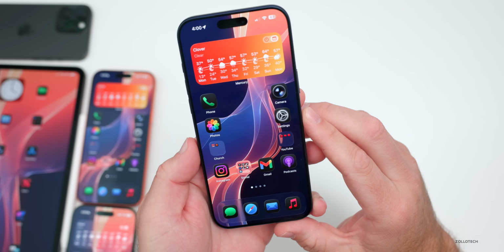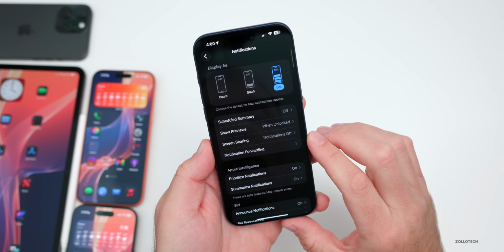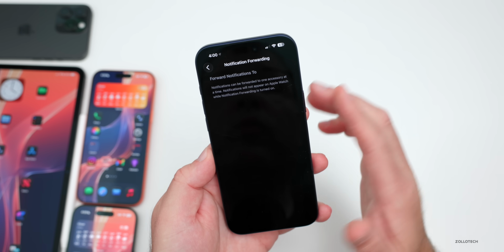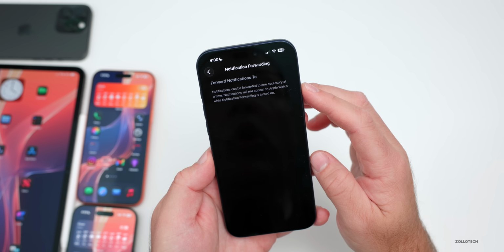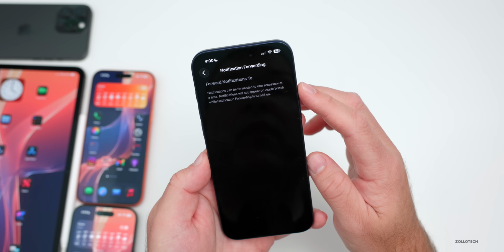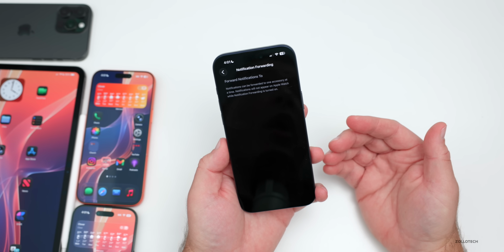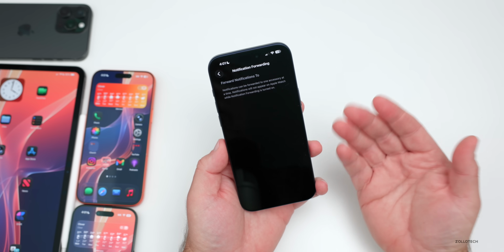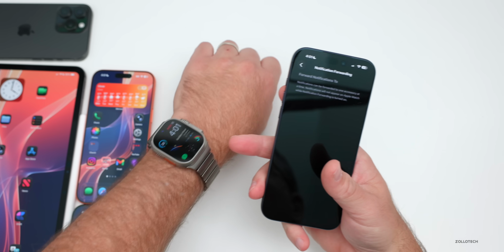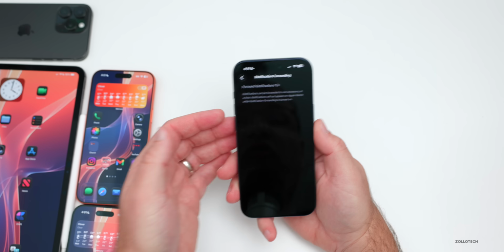There's another new option within Settings. If we go into Settings, scroll down to Notifications, there's a new option for notification forwarding. It says Forward Notifications to. Notifications can be forwarded to one accessory at a time. Notifications will not appear on Apple Watch while notification forwarding is turned on. So this could maybe be used with a Samsung Watch, a Pixel Watch, or others in the future. However, it doesn't look like we have any options just yet, but maybe we'll have that if you don't want to use an Apple Watch, making it a little bit easier to use devices that are different than just Apple's